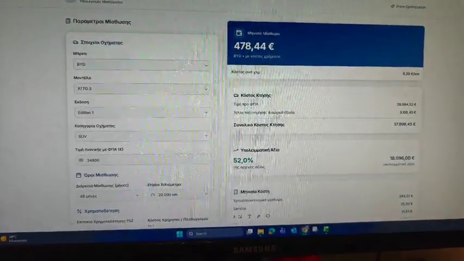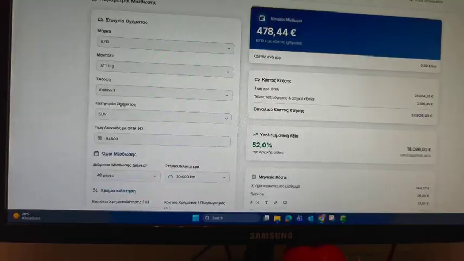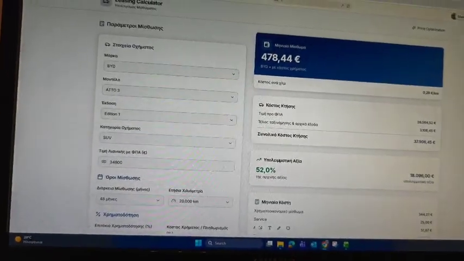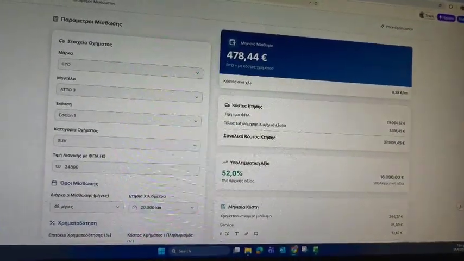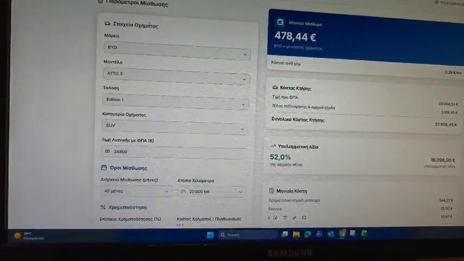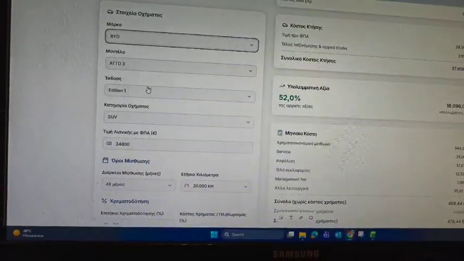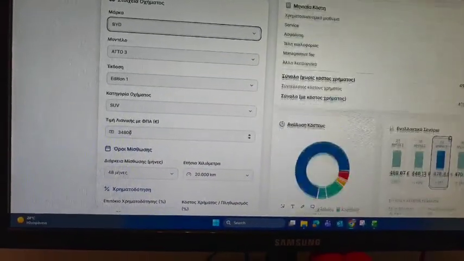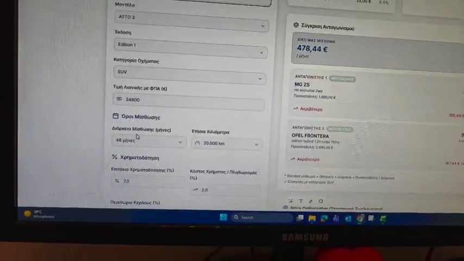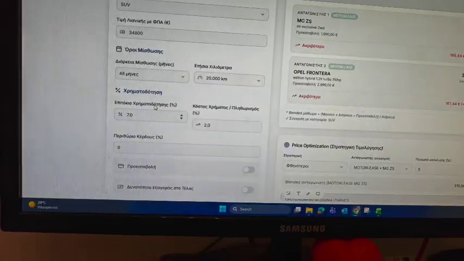What I did on the Lovable. So I uploaded the Excel, gave loads of instructions, and I created actually a web app. Based on this web app, on the left-hand side, you can choose your car, your model, the retail price, and then you input the duration, the annual kilometers, the